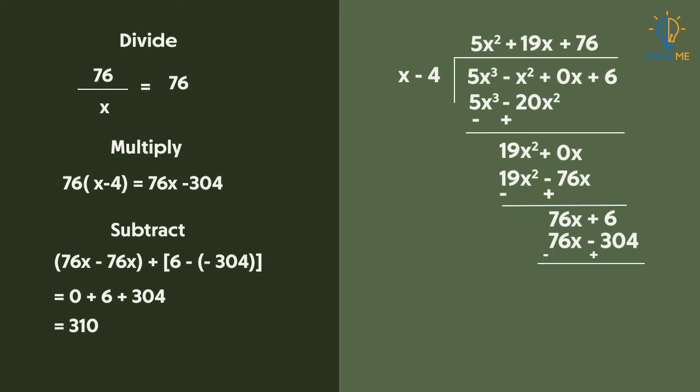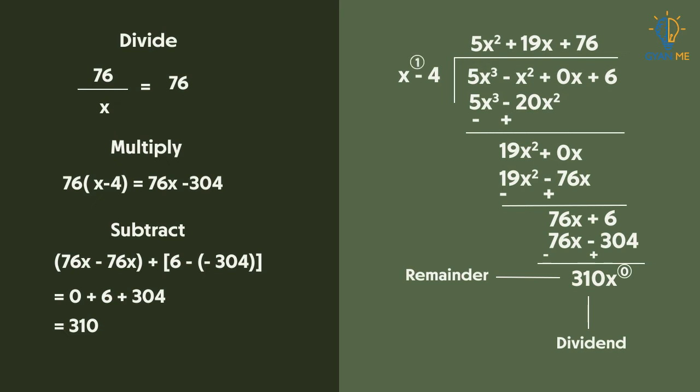Likewise, we get the third term as 76 and the new remainder as 310. Students, this process continues till the degree of the new dividend is less than the divisor. At this stage, this new dividend becomes the final remainder. Here, in our case, we get the remainder as 310, whose degree is 0, which is less than the degree of